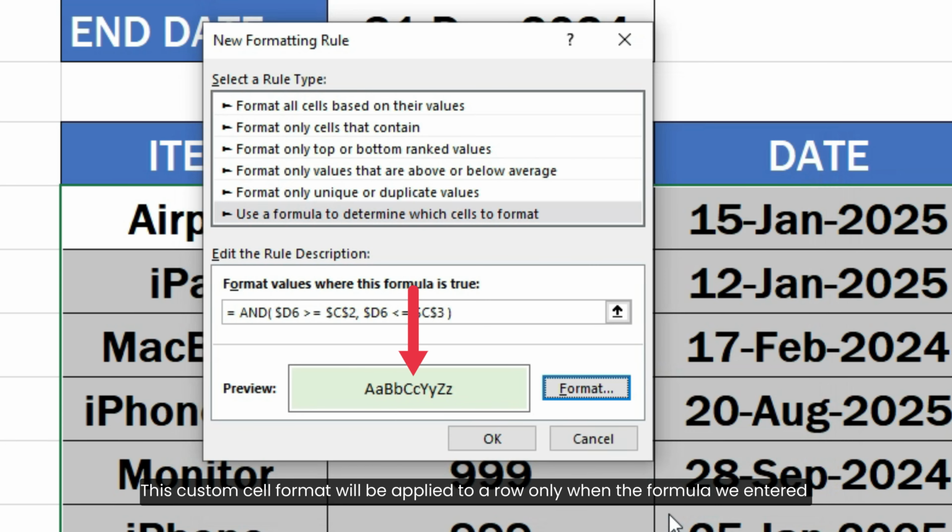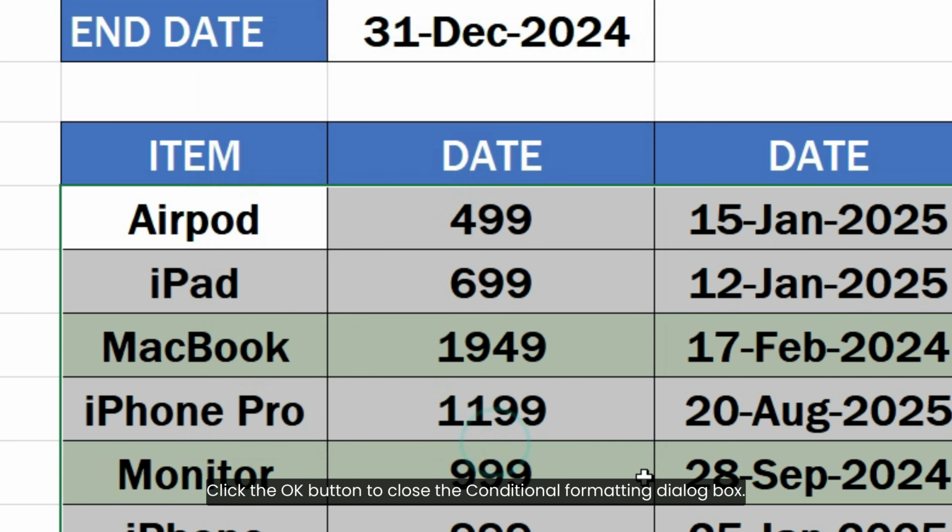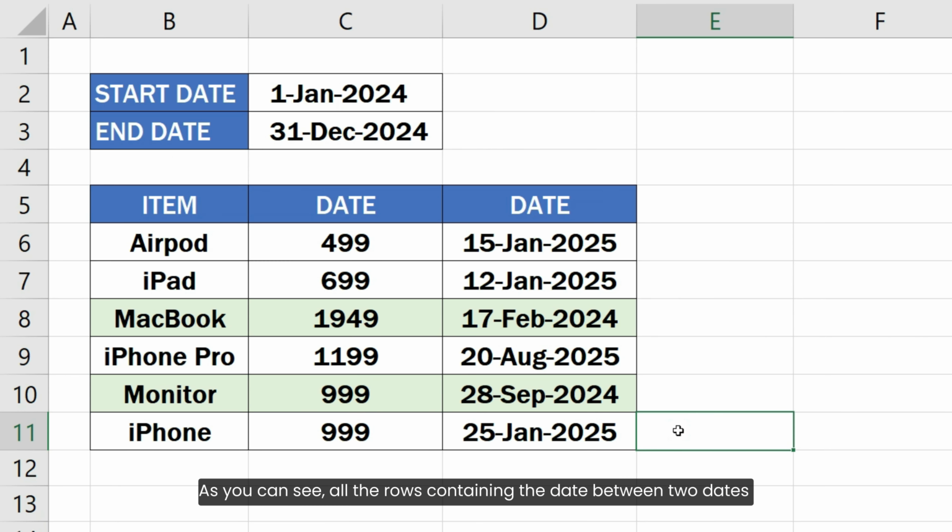This custom cell format will be applied to a row only when the formula we entered returns true for that particular row. In this case, this format applies when the order date is between two dates. Click the OK button to close the conditional formatting dialog box. As you can see, all the rows containing the date between two dates are now highlighted with the light green